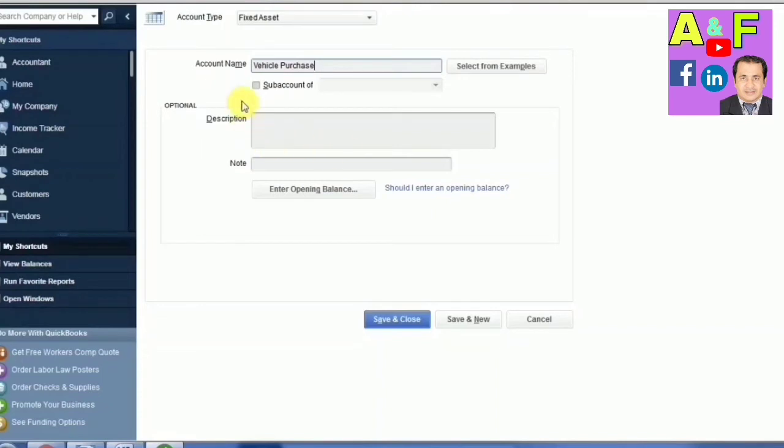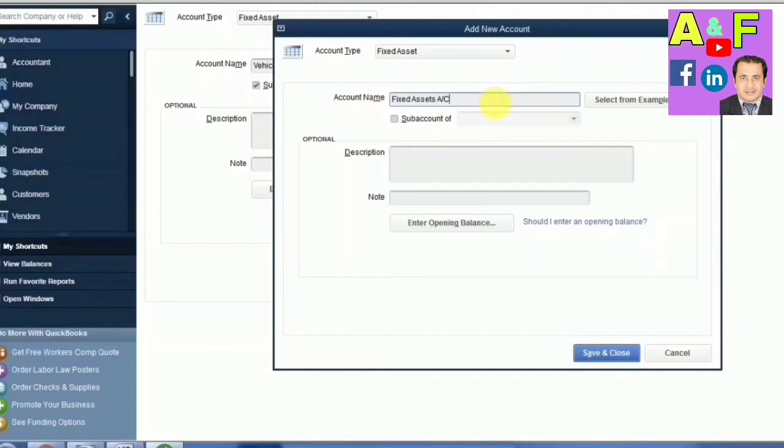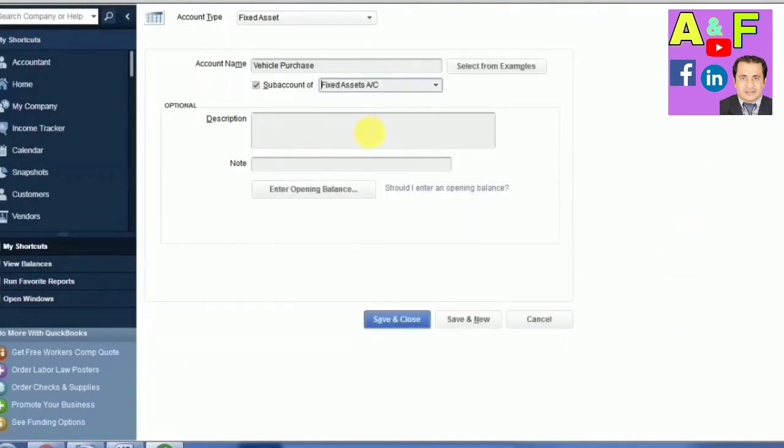You can see the vehicle purchase account, and we click on the sub account, and then we select the asset accounts, and in description we will put the same name, and then we click on create a new. Now you can mention here the other account, vehicle purchase account, and the third one we will create here,